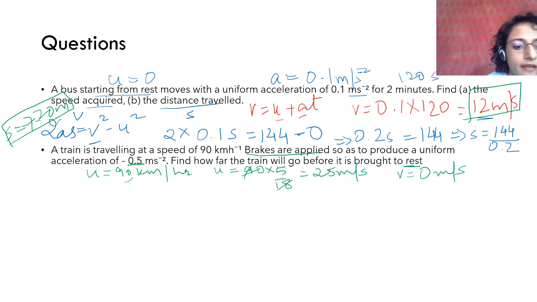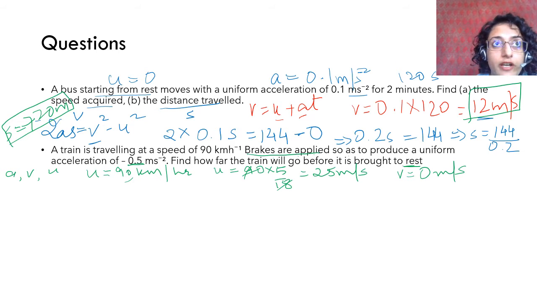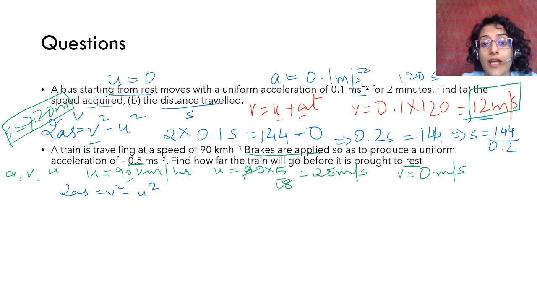So now what have we been given? We have been given the acceleration, we have the v, we have the u. We have to find how far the train will go, which means we have to find the distance. So we will put all of these values in the formula: 2as is equal to v square minus u square. We cannot use the formula s is equal to ut plus half at square because we have not been given t. We could go through a long route, calculate time first and then calculate s, but since we already have a formula that doesn't depend on t, we will use that.